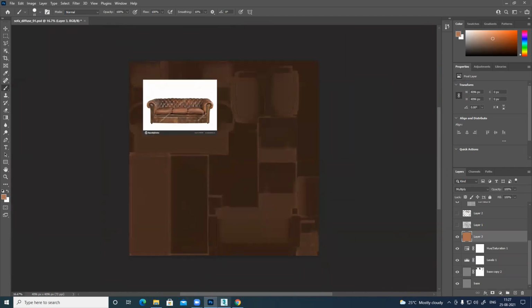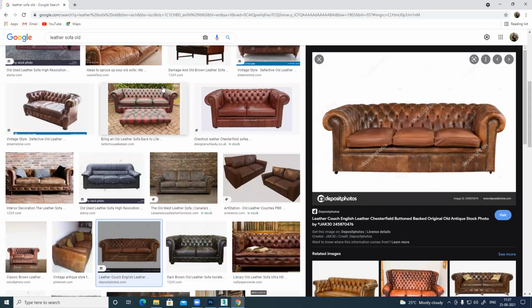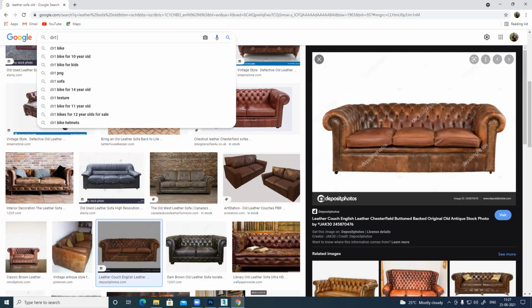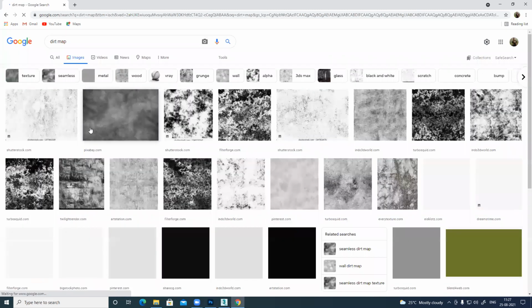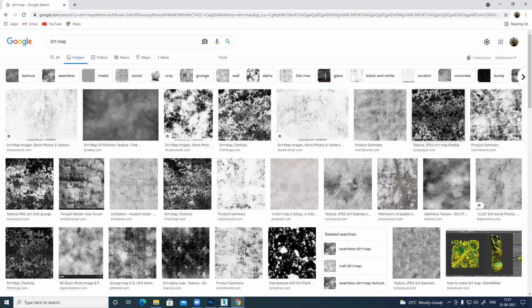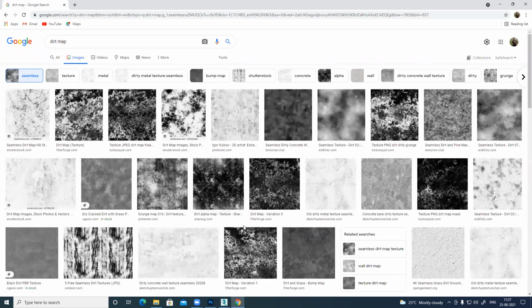So I'll search for a noise map or a dirt map. A dirt map basically gives you this kind of cloudy dirt texture. Search for something seamless, so that if I want to increase or decrease the size, it will always be seamless. I'll search for something generic, not very prominent, with lots of variation.